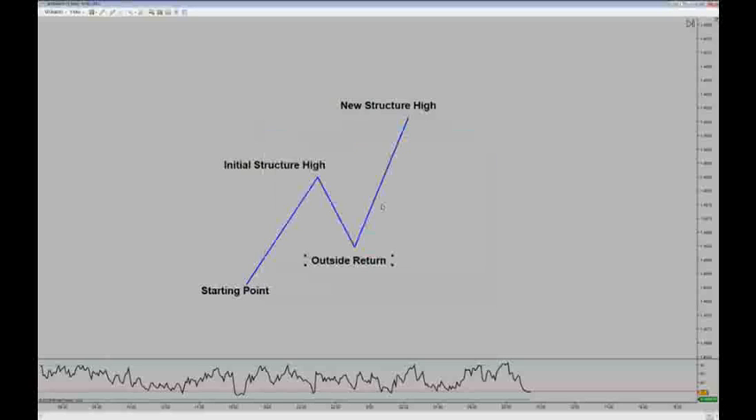Now when you see this pattern, higher highs, higher lows, this is how you can tell that we're in a bullish trend. You'll see a pattern of new structure highs followed by outside returns, new structure highs followed by outside returns, and so on. Again, these can also be referred to as higher highs, higher lows. Higher highs: you can see the market goes up to a higher high than our previous one. During our pullback,